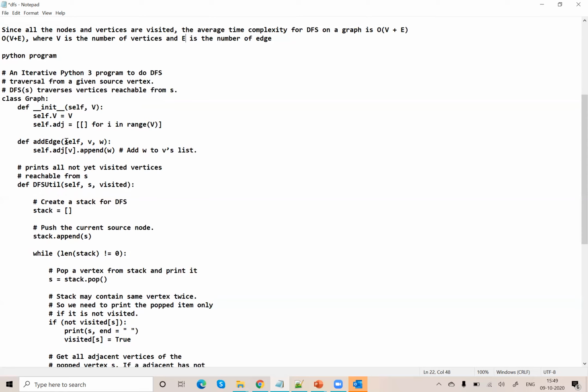The purpose of this add_edge is to add the edge to the graph. Next we have self.adj of v dot append of w. That means we are trying to add the vertex w to v's list.